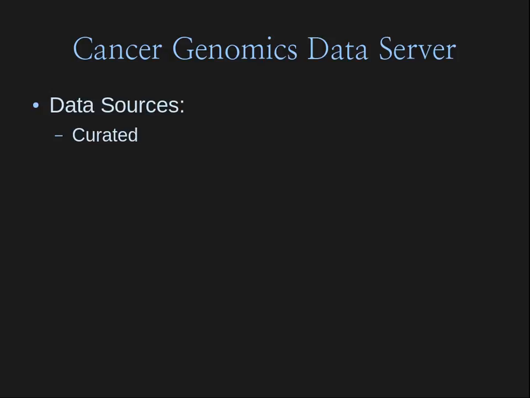Now, the nice thing about the Cancer Genomics Data Server is that this is a curated database, which means they are going through, often from places like GEO and other sites, and choosing studies that are high quality, have a high number of replicates, and then including those in this data server. Once they do that, they're not just including them whole hog and taking them as they are. They actually get them all into the same units. They make sure they're normalized roughly the same way, and that the same values are calculated for each of them. This is really nice, which means that as you interrogate this data, you have to spend a lot less time